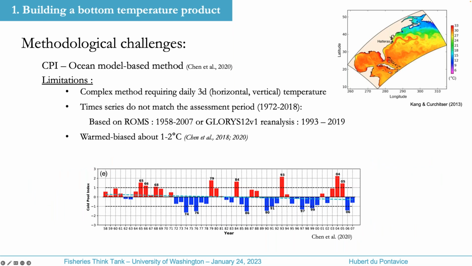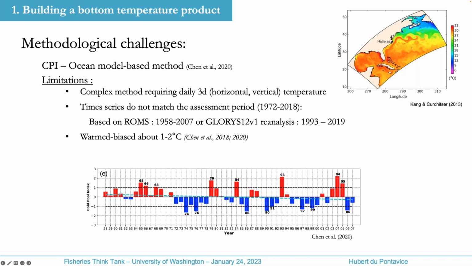The second index uses ocean model outputs and is based on a strong methodology. It was developed using a ROMS model and can be applied to other ocean models, but it has some limitations too to be used for studying the cold pool effects on the yellowtail flounder recruitment. First, this is a complex method requiring high resolution daily 3D temperature over the mid-Atlantic bight, and it's not easily reproducible. But the main limitation is that the time series do not match the yellowtail flounder assessment period because the index was calculated using a high resolution model,